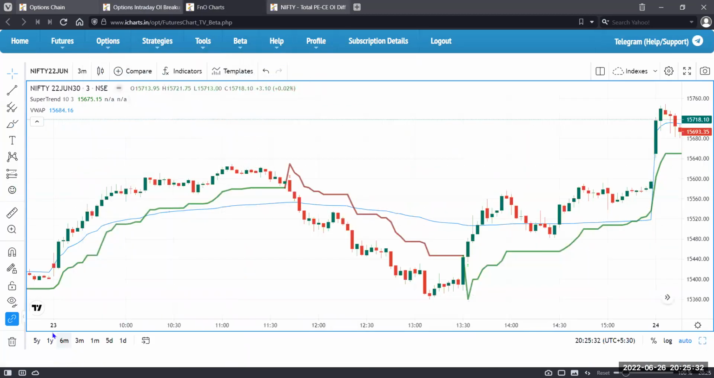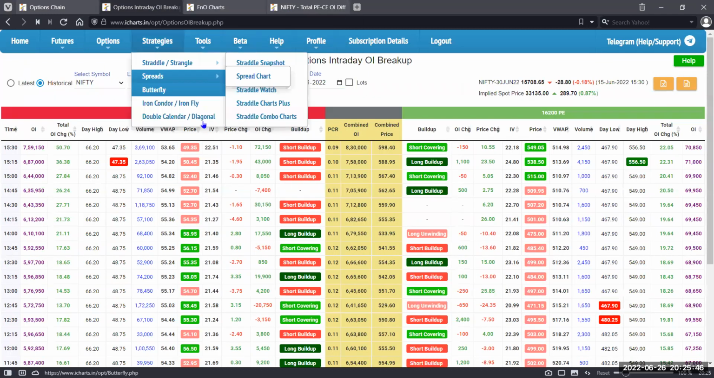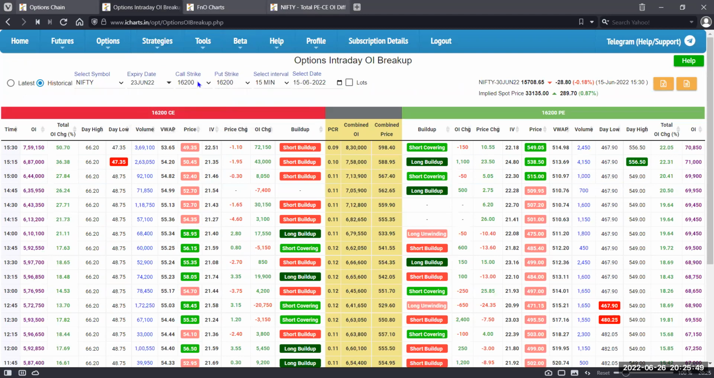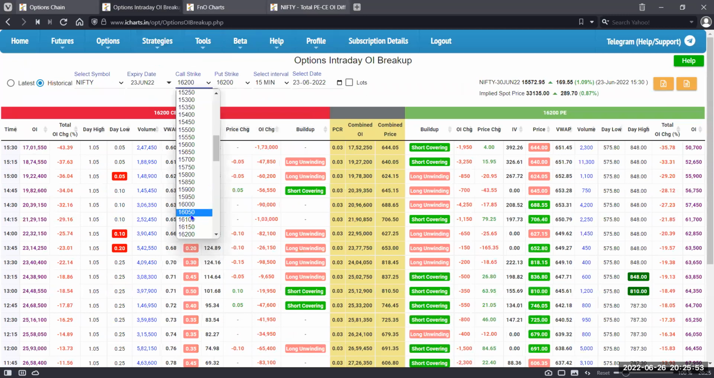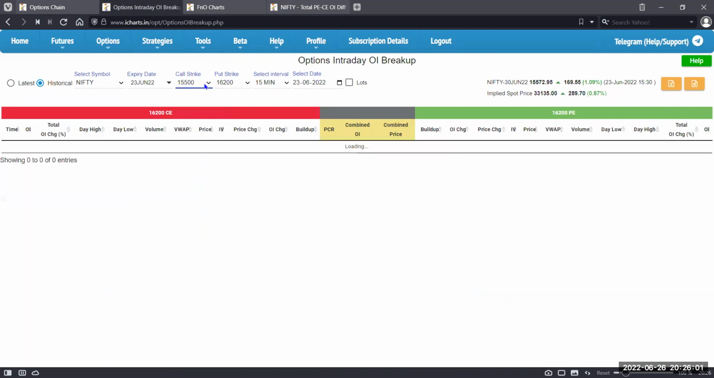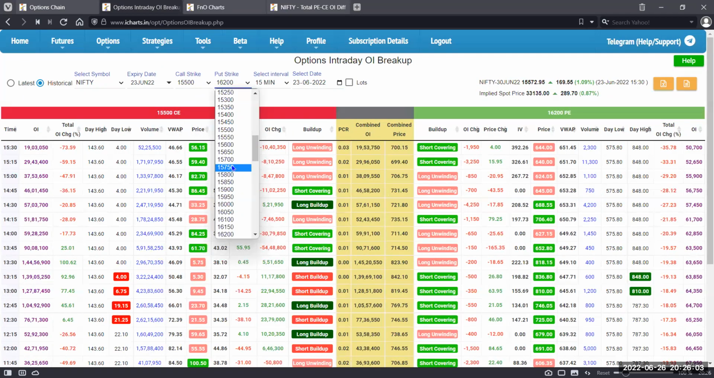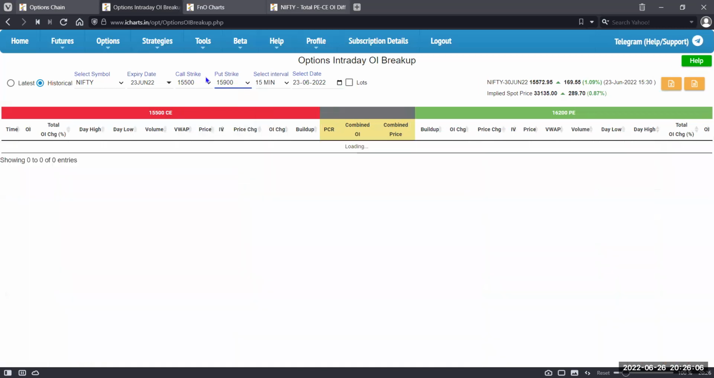ऑप्शंस ओआई ब्रेकअप पे, ये जो मॉर्निंग 5 मिनट के बाद 11:20 के आसपास जहां भी प्राइस है, 15,477 था, तो यानी कि 15,500 एट द मनी था, तो आप दोनों इन द मनी जाइए। अच्छा ये 1 मिनट, हाँ ये 23rd कर लेता हूं मैं, 15,500 के अंदर थोड़ा, कॉल स्ट्राइक 15.5 ले लेता हूं मैं, और ये 15.9 ले लेता हूं।